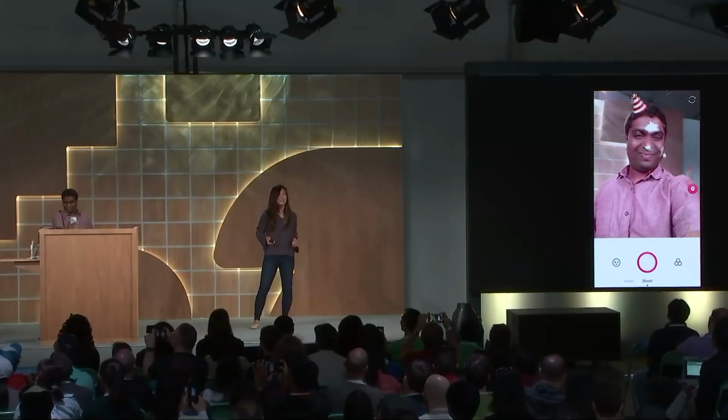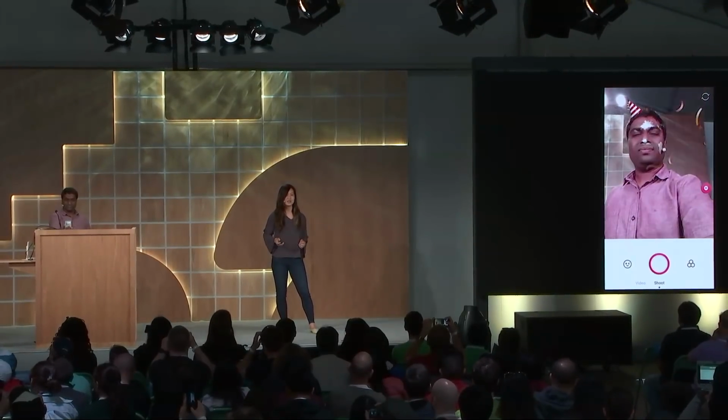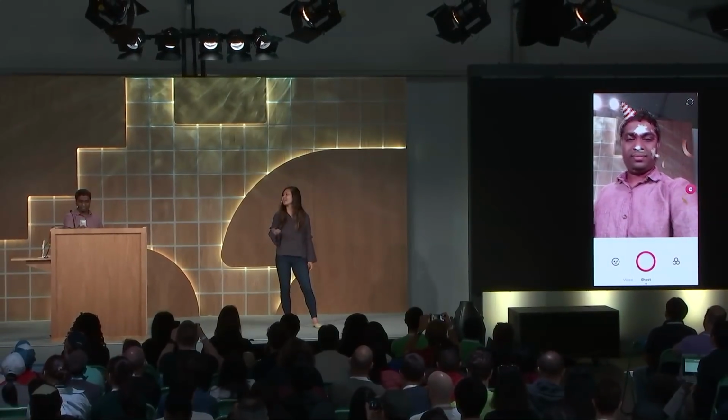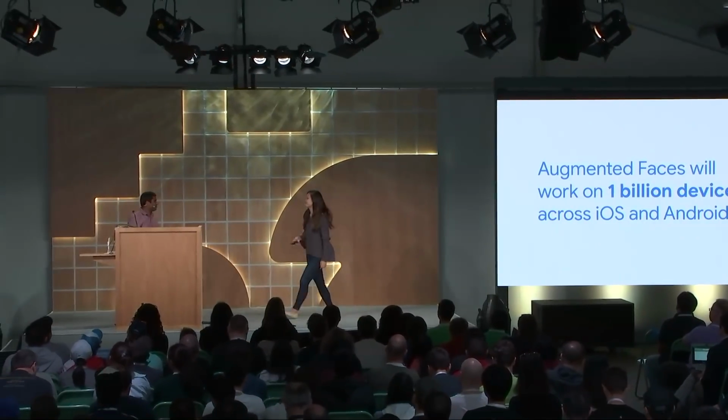what we get is a fun little birthday surprise. This is just one example of the delightful experiences that you can create with AR. Our iOS APIs will be available later this summer, and we can't wait to see what you build. Now, I'll hand it over to Ranjith, who will be diving more into the technical details.